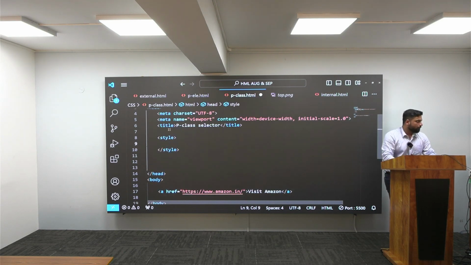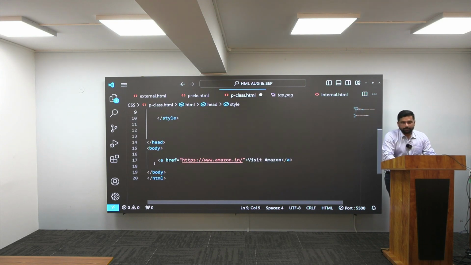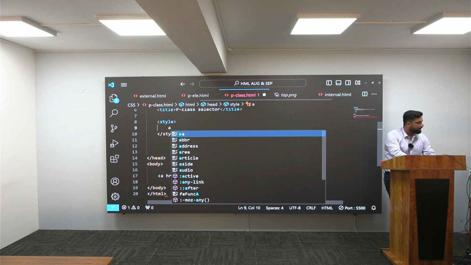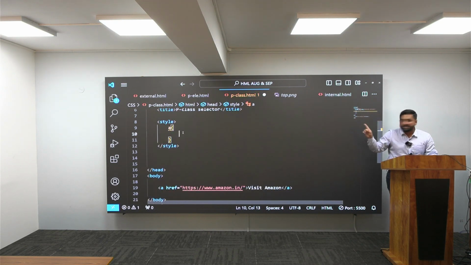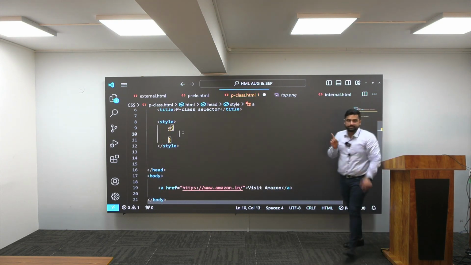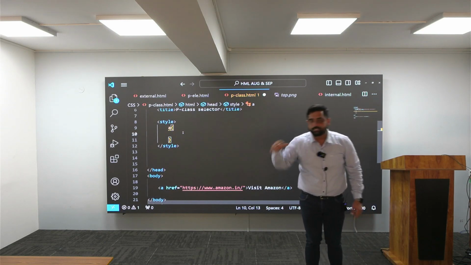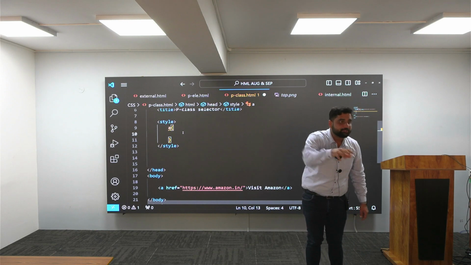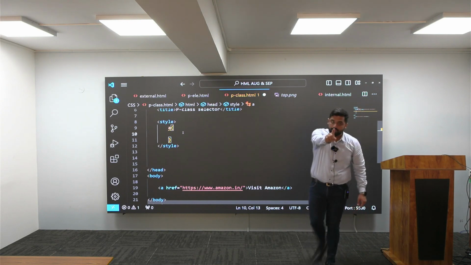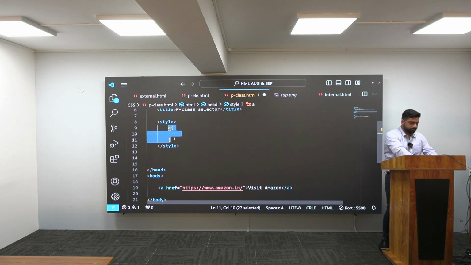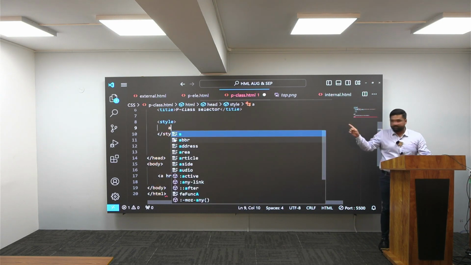Now over here, what is my element name? A is my element name. If you write it like this, it means you are using an element selector. But right now we have to use a pseudo class selector. To showcase the pseudo class selector, please focus. I will remove this and use my element name, which is A.